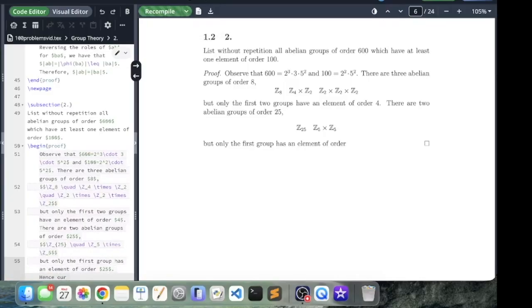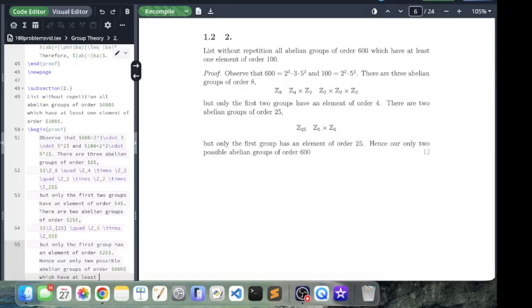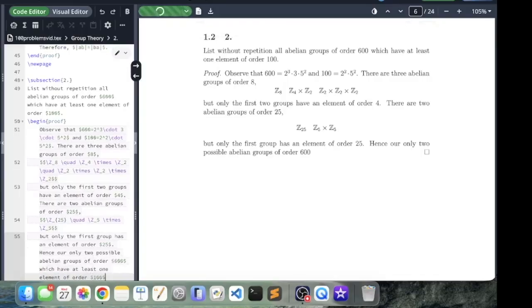Hence, our only 2 possible abelian groups of order 600 which have at least one element of order 100